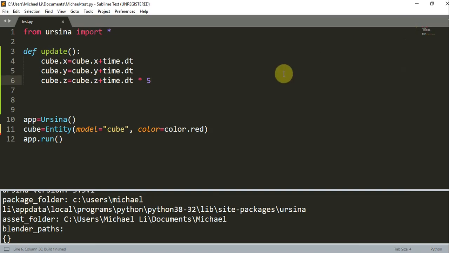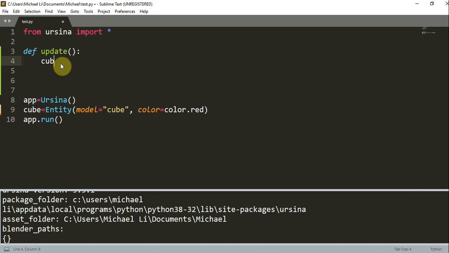And so now let's see rotations. So we've seen movement, let's change this to rotation. So we can write cube.rotation_ and then the axis you want. So I want to rotate around the x-axis first. And this is going to be equal to the previous cube.rotation_x plus time.dt. Now if I save this and run,